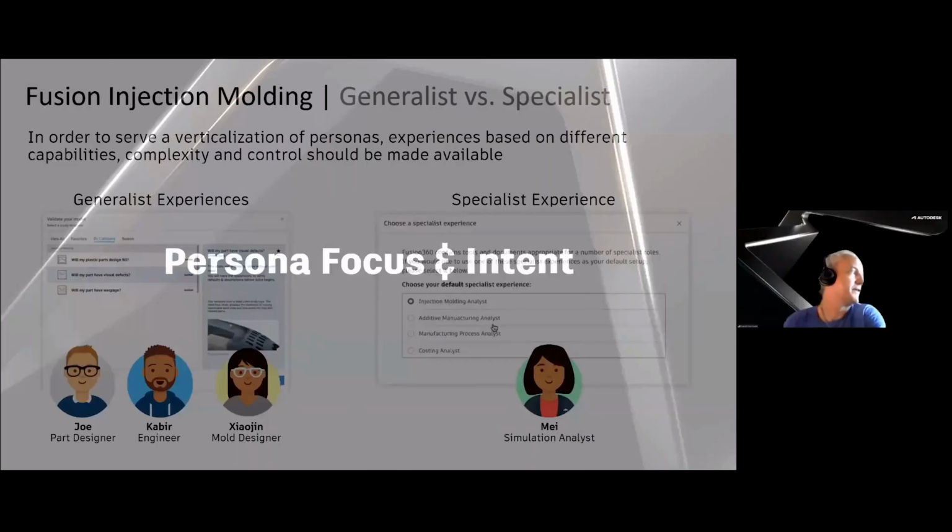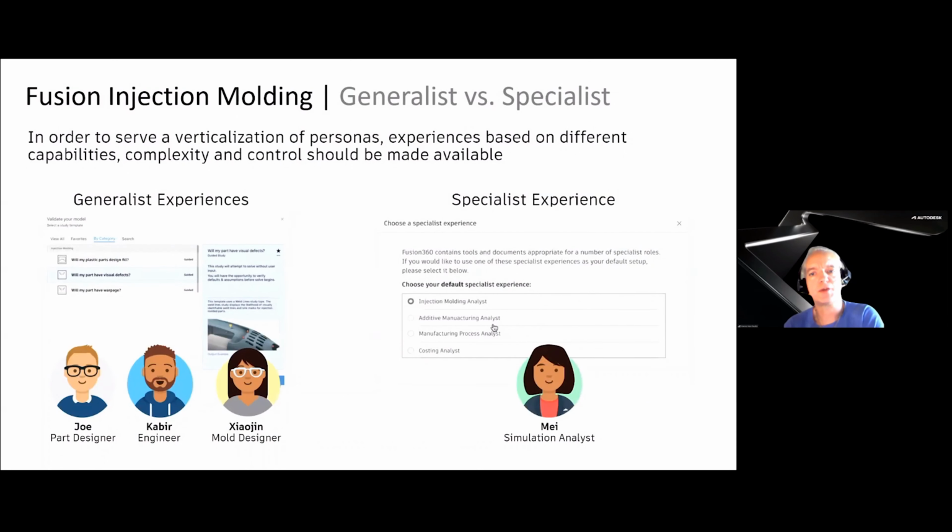That's a really good question, Tim. In our view of the world, you are a simulation expert, you have spent your entire professional life in injection molding, right? And Moldflow is the tool you use on a day-to-day basis. This is the tool that you've grown up with, and for the foreseeable future, that's actually still going to be the right tool.